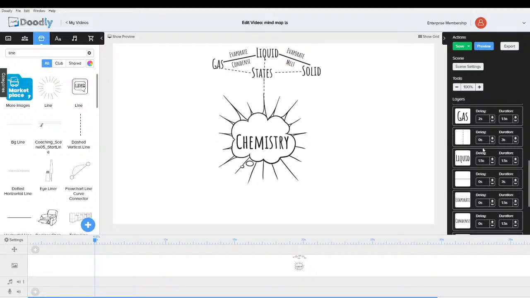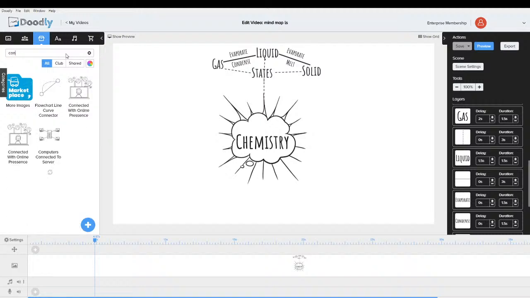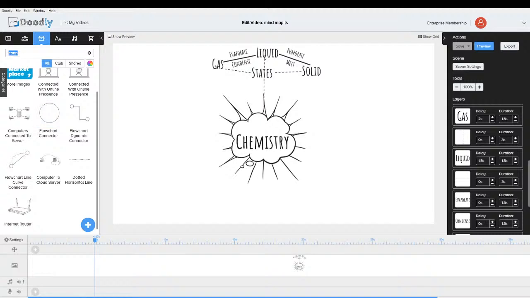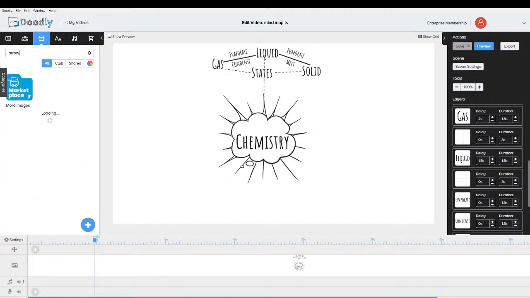Okay. So the only thing I don't like is this. Is there anything better than that line? Let's have a look for connector. Let's have a look for arrow.